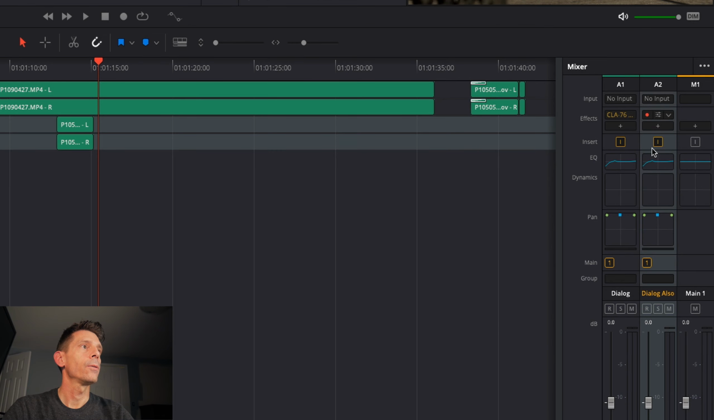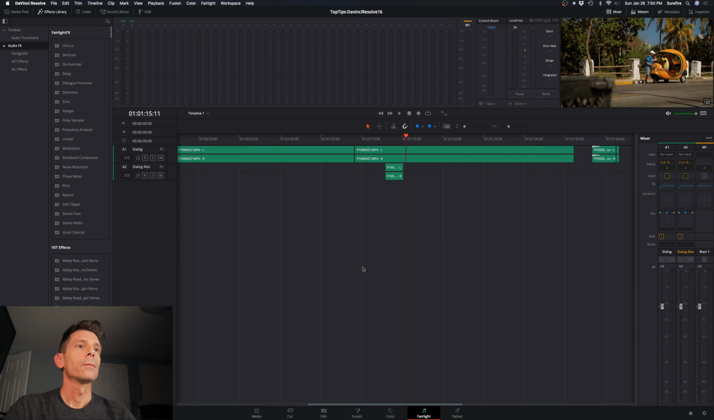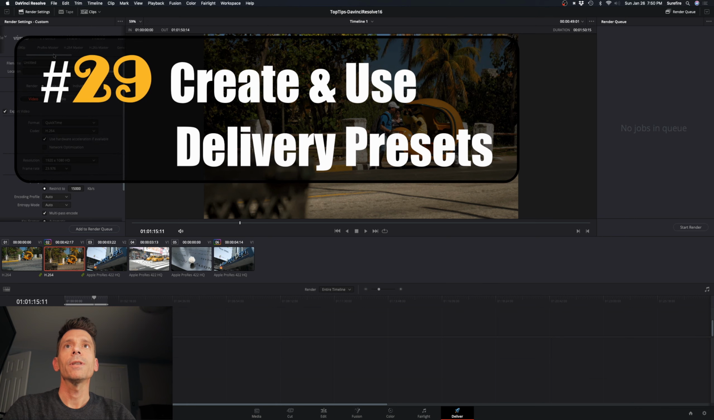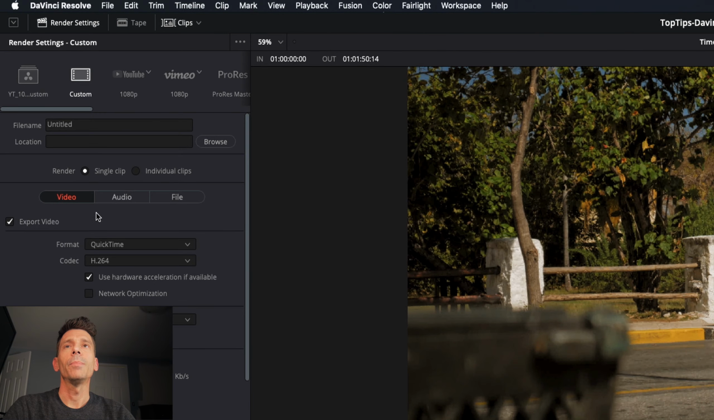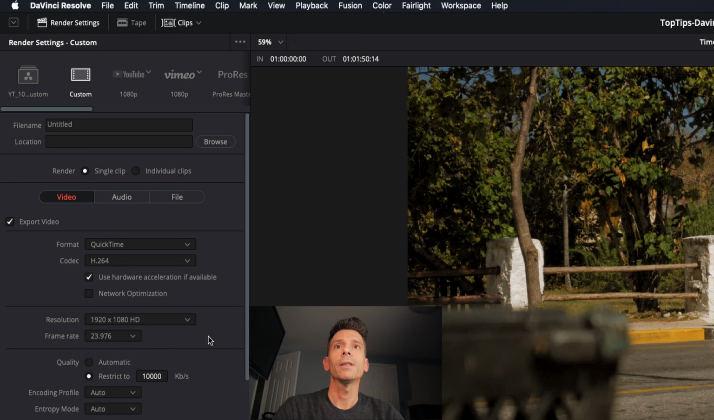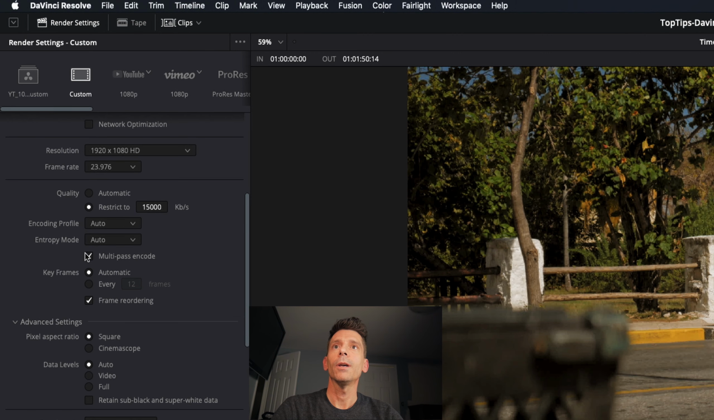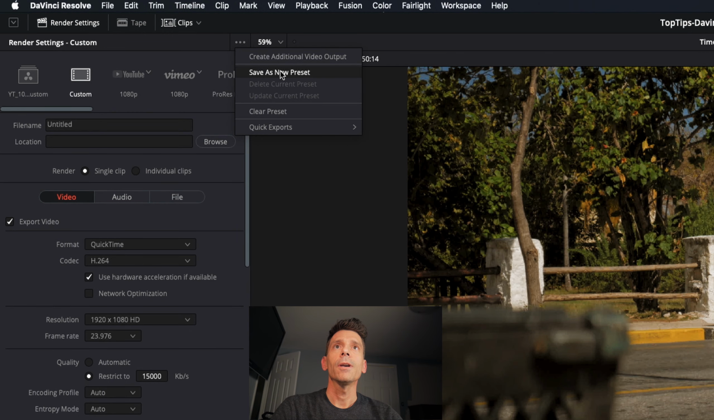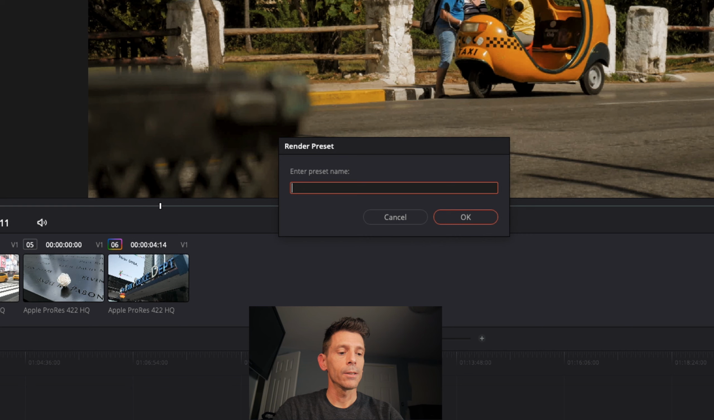And now you'll see those have been added to that track. Okay, so Delivery tab, and this is simple and kind of obvious, but just make use of these presets. Not the presets they give you necessarily, but the ones you create yourself. So if my projects are always like this, and I always bump up my bit rate for my 1080p files, and I use the multipass encode, then I can click on this right here and say Save as New Preset,